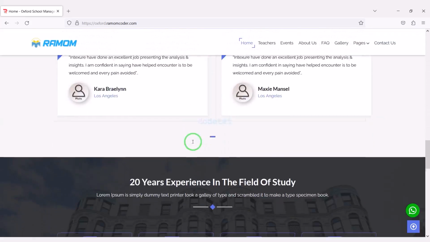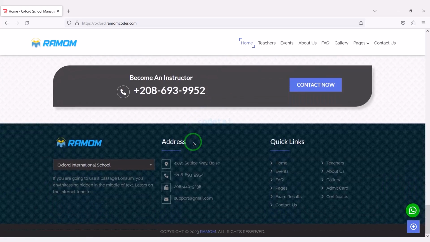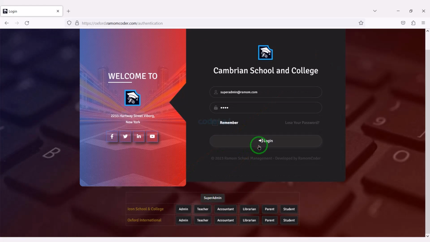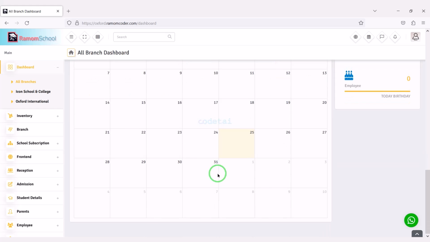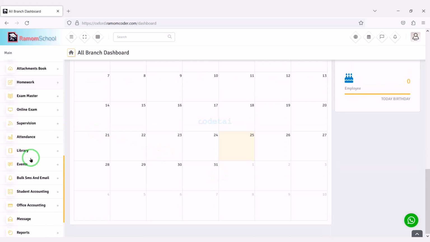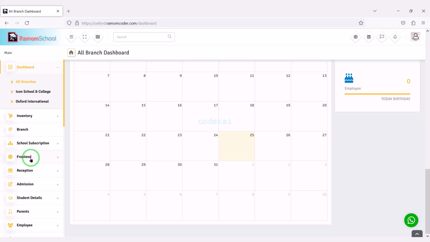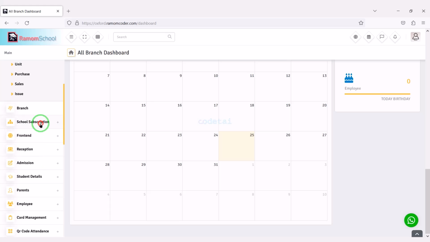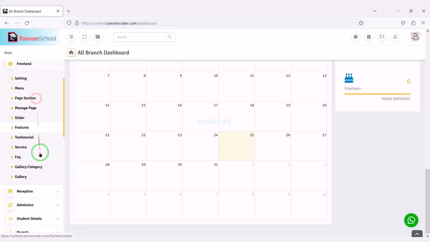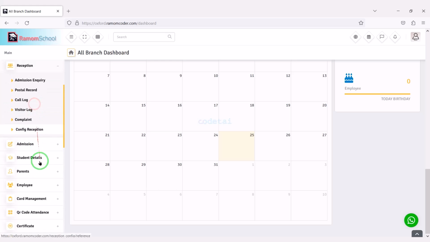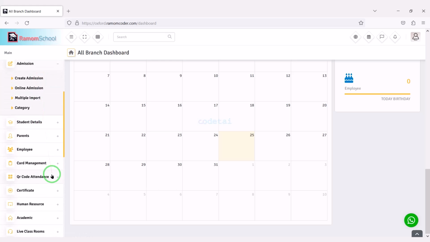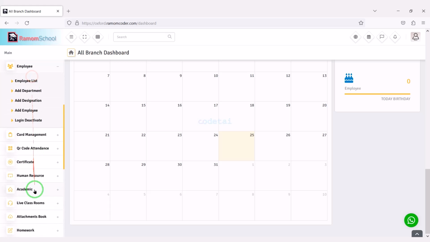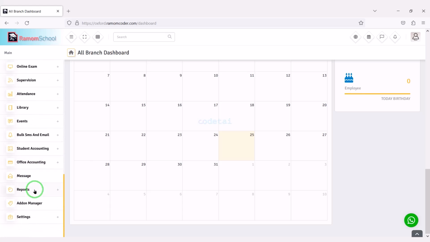Now you can see the professional homepage design of the school management system software. You are getting the most powerful admin panel to control it. You can control all the functionality and features of the website through the admin panel, and you can easily change the design of the website. Also, you get many features to control the school management system software. In this video, I will discuss with you step by step all the features of the admin panel.